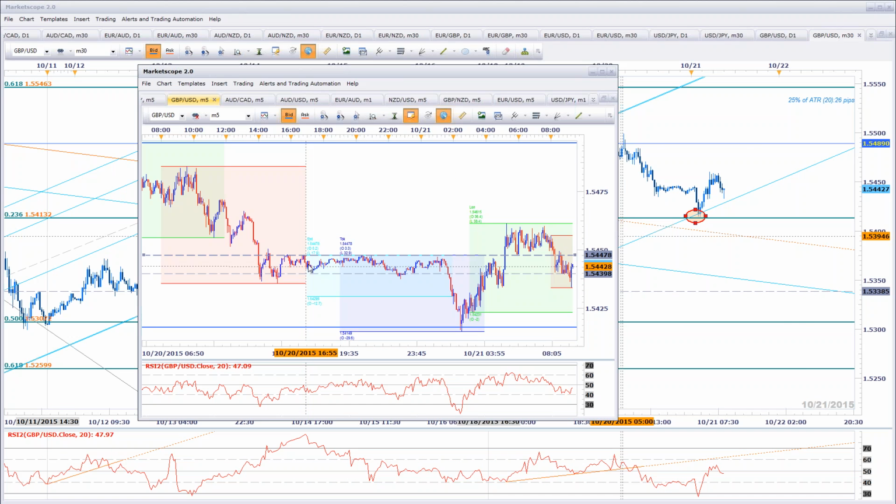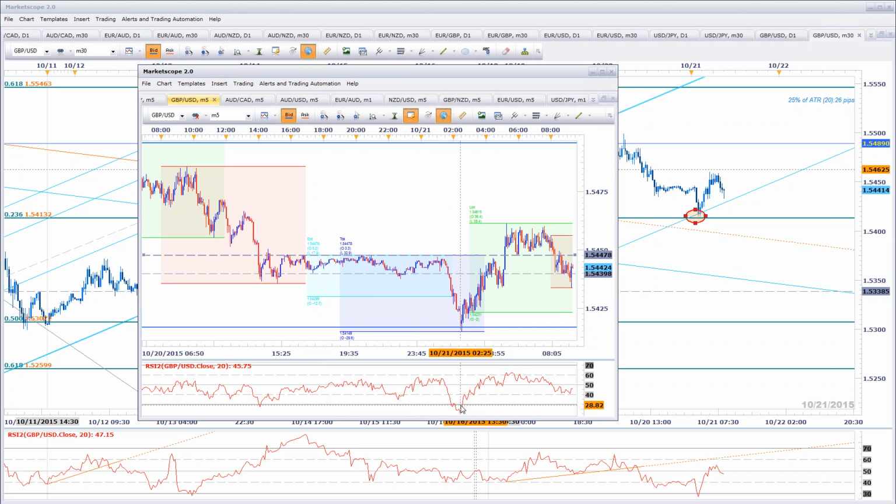Sydney opens. You're holding a range between 54.47 and 54.40. You're basically talking about nearly 10 pips. It held through the first couple of hours of Sydney. Tokyo, even longer. A good 2.5-hour stretch of a 10 pip, 15 pip range. The break to the downside, short trigger against the highs, stop against the highs. You're looking for about 26 pips. You got that.